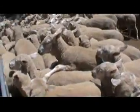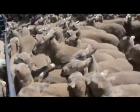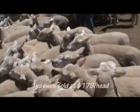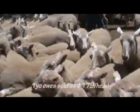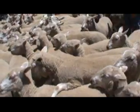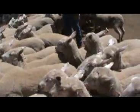Elders Wycheproof conducted the final sale of 2014. Jim Coffey joins me. Jim, 12,000 in the yards here today. Very good lineup of quality stock. You'd be pretty happy with the results. No records broken, but there was none stolen either. No, it was a pretty solid sale right through at Murray. As you say, 12,000 for our last sale for 2014, and we're pretty happy to get through it with the